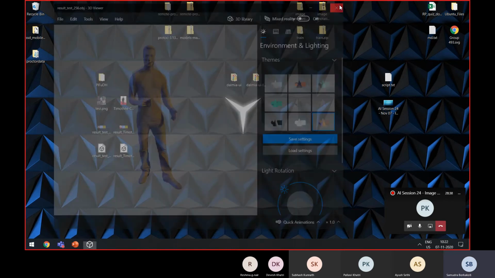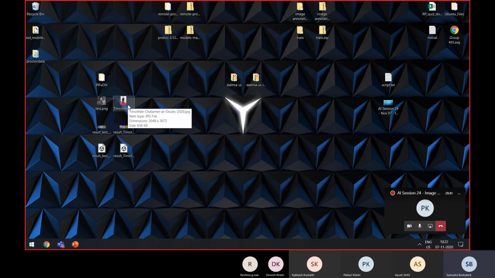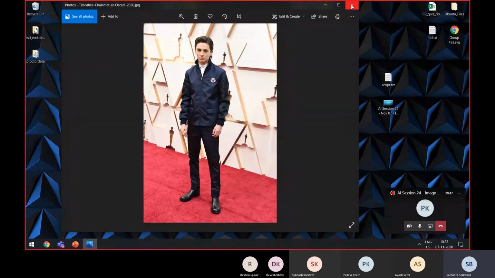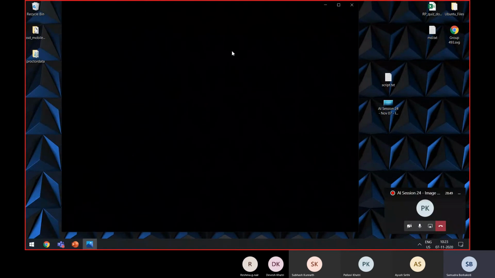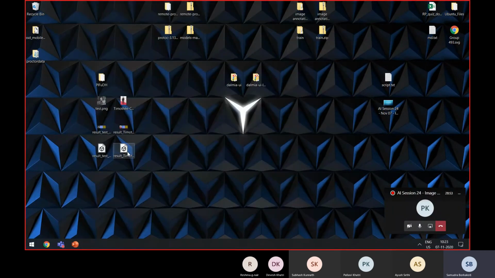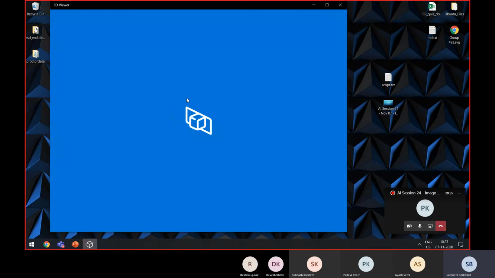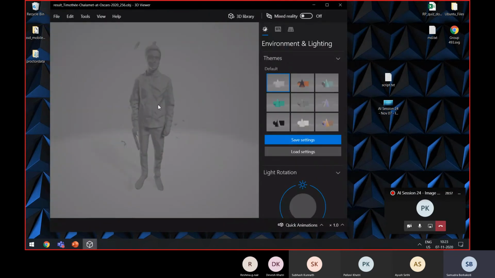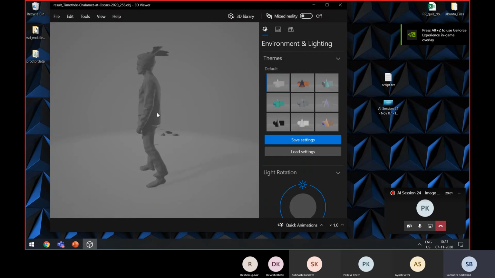I also tried with the actor, Timothy something. It's not as accurate, because it's using the background as part of the subject. That sample image had a background blur.